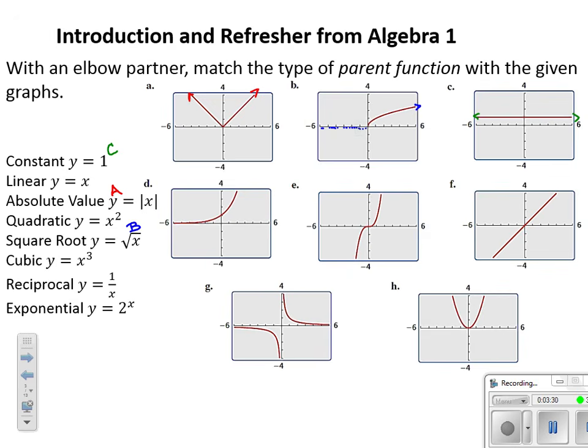Letter D. Here we've got a function that looks like it gets really small, really close to 0 off to the left. And then as we move to the right, it grows faster and faster, really steeply growing across the way. And again, here's the tie-in with language. What is something that grows really fast? Well, you may have heard the word in the news, exponential. So y equals 2 to the x. Every time I increase x, I am doubling what was there before. That's why it grows so rapidly. And if it's doubling as I increase x, that means it's cutting in half as I decrease x. So that explains why it tails off to the left-hand side.